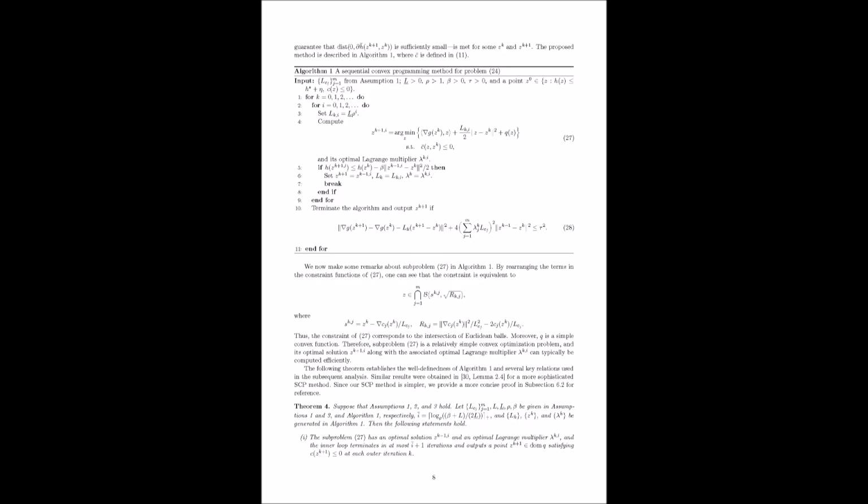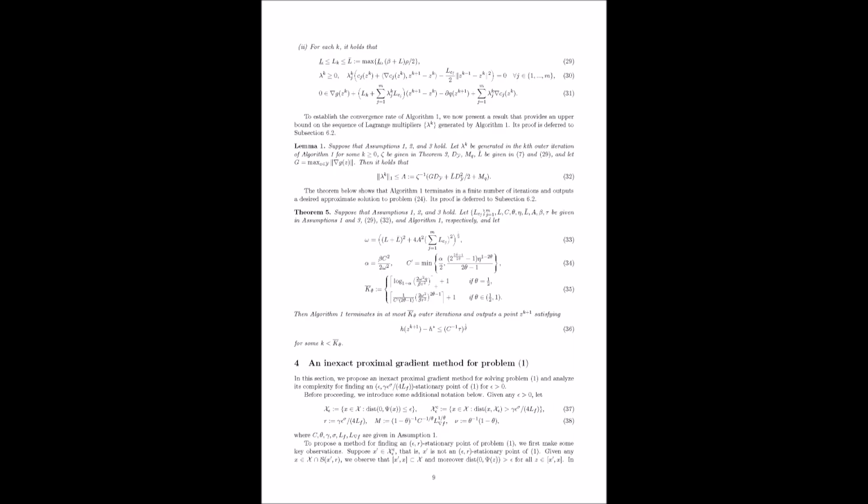The tolerance tau will be set by the outer loop based on the desired final accuracy epsilon. 3.3 Theoretical guarantees for SCP. Okay, so we have the algorithm. Does it work? Theorem 4 seems to address well-definedness and properties.